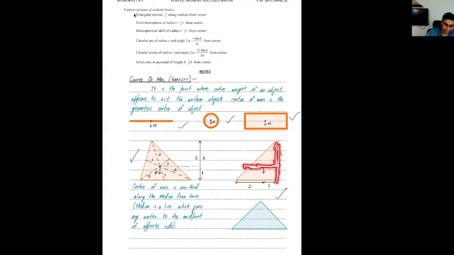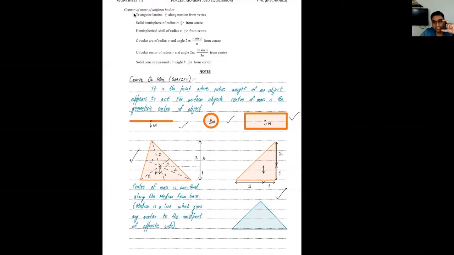ऐसे ही अगर मैं दूसरी साइड में देखूं तो दिस इज 2, दिस इज 1, तो ये इस लाइन के अलॉन्ग होगा, और फिर इनकी इंटरसेक्शन से मैं इसका सेंटर मास डिटरमिन कर सकता हूं. तो जस्ट कीप दिस डायग्राम इन माइंड कि जब आपके पास इस तरह की सिचुएशन है, तो आप देख रहे हैं मैंने मीडियन नहीं ड्रॉ किया है, लेकिन मैंने ये फैक्ट यूज किया है कि अगर मैं कोई भी हाइट ड्रॉ करूं ट्राइंगल के फ्रॉम एनी पर्टिकुलर बेस, तो उस हाइट के हिसाब से the center of mass would be